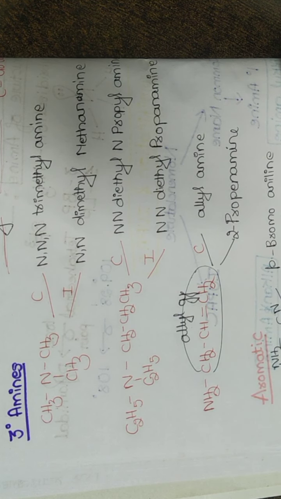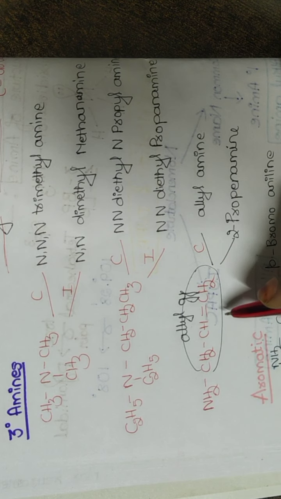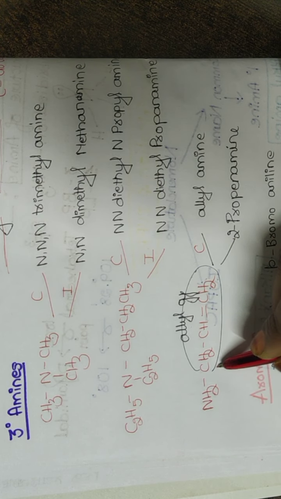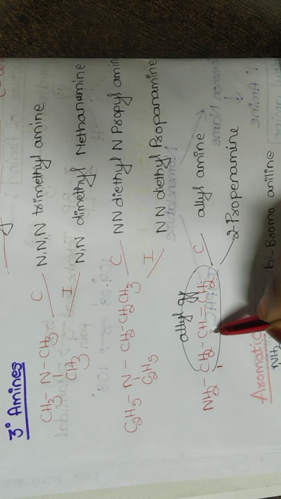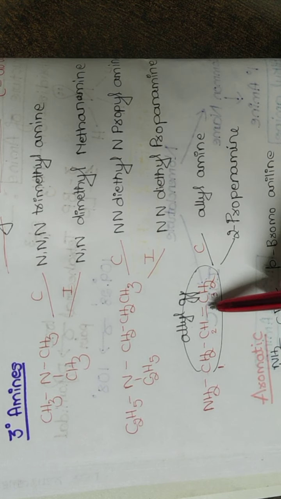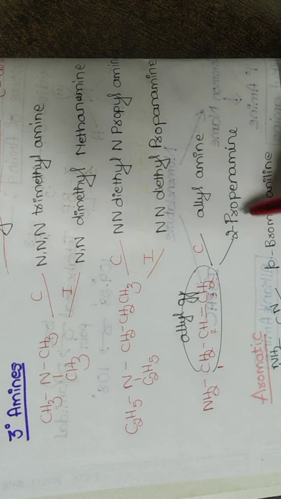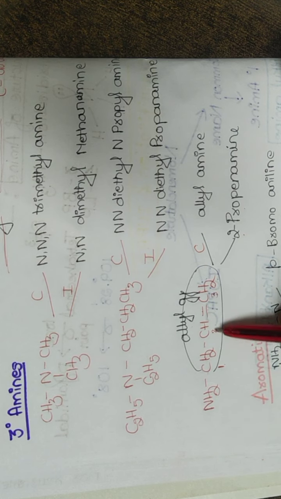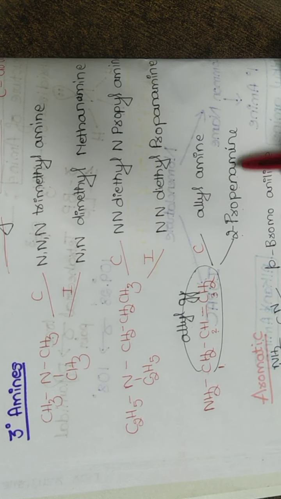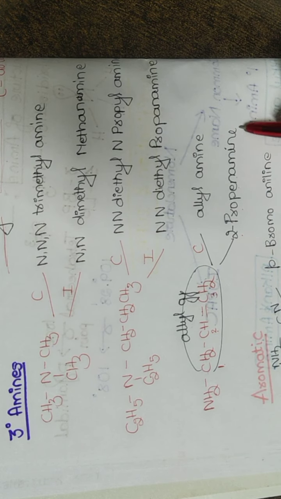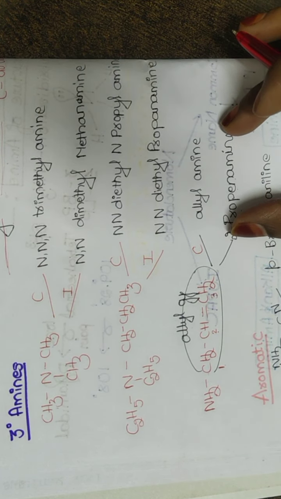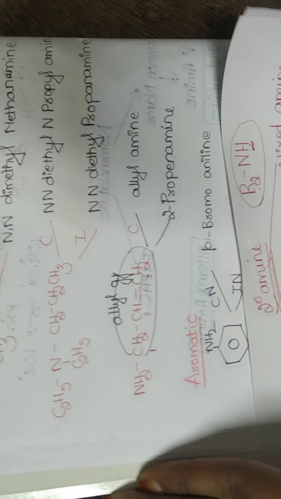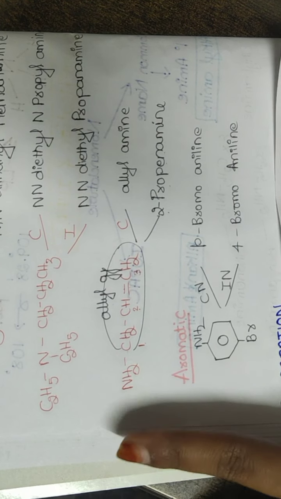Whereas for IUPAC nomenclature, we are going to give a numbering here. We'll start with the carbon atom bonded to the functional group, followed by 2, then followed by 3. I have a double bond at the second carbon atom, so it is named as 2. Total 3 carbons, prop. Double bond is present at the second carbon, so therefore ene, the last terminal e is removed, followed by amine. Same as your IUPAC nomenclature of primary amine. So this is regarding the IUPAC nomenclature for the allylic group bonded to an amine functional group.